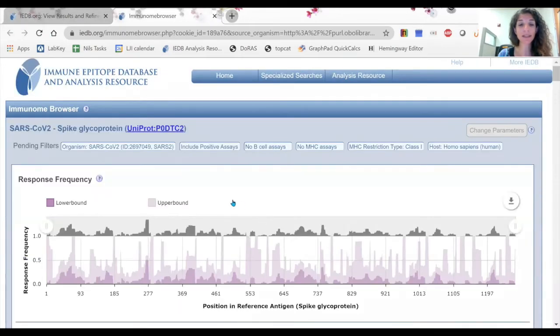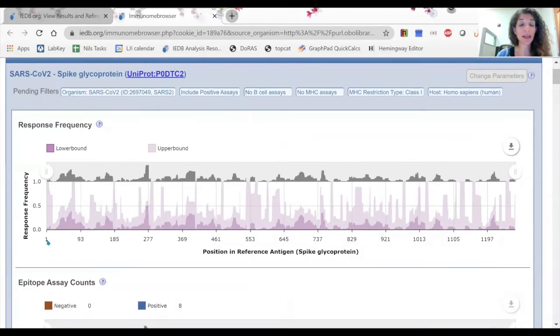The ImmunomeBrowser allows you to look at and appreciate the entire activity against the protein, what has been tested and not. And the results are actually plotted in different ways. In the first case, we look at the response frequency. So we're looking at how many positive donors are found in the specific epitope region. And what you see over here is the confidence interval with the lower and upper bound. By clicking on a different position, we can actually appreciate the specific numbers as well as the position in the